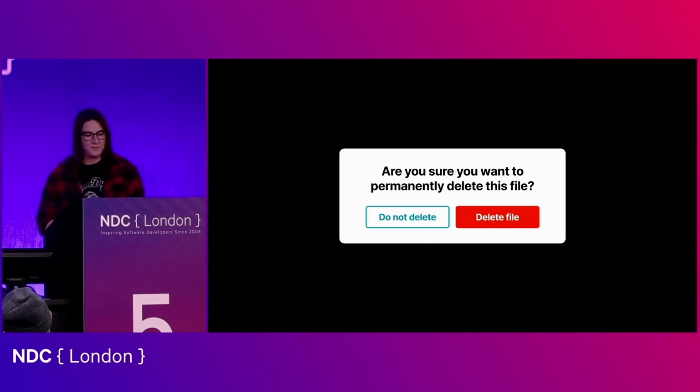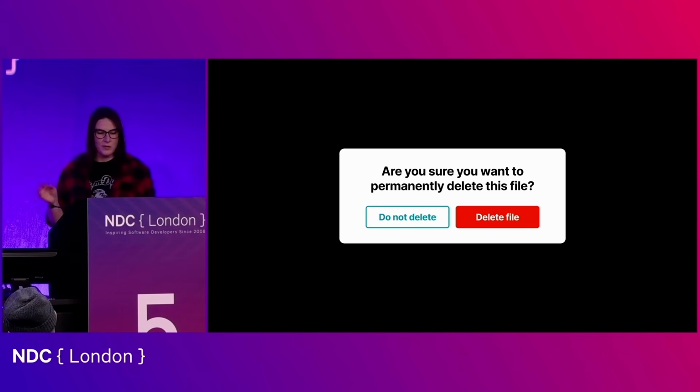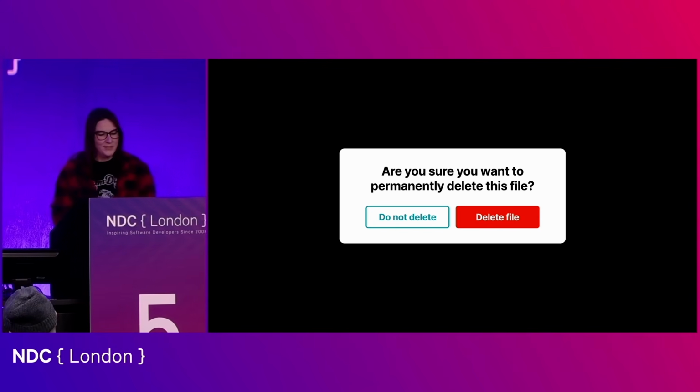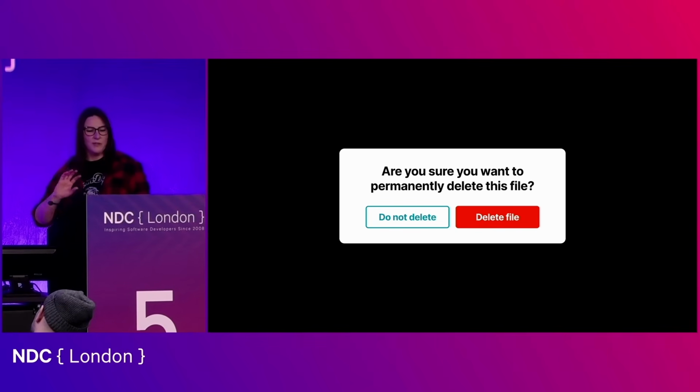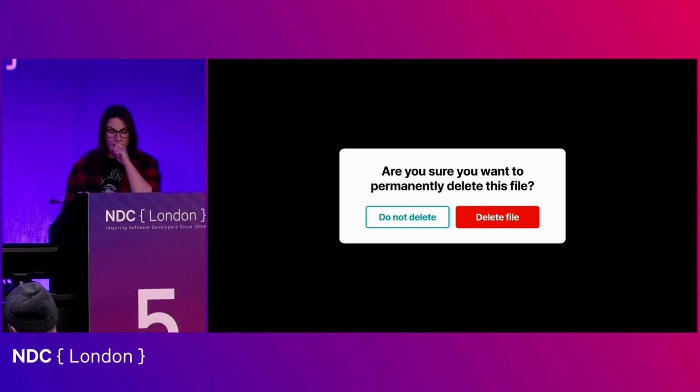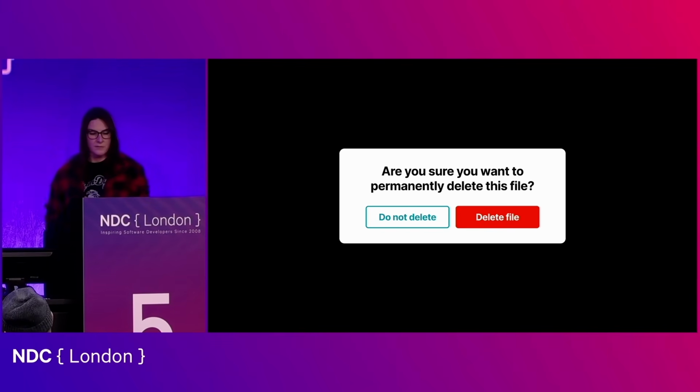It's very clear. And then the buttons, we're using clearer language on the buttons. Delete file. It's going to delete the file. Do not delete. Again, we're not going to delete the file. So we've done that, and we've also moved the primary action to the right-hand side. It's a bit more typical of that reading pattern, and in this case, that's the Z pattern. And it's just a more common practice in general.